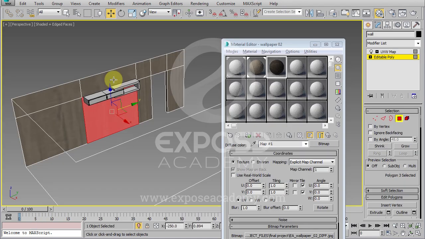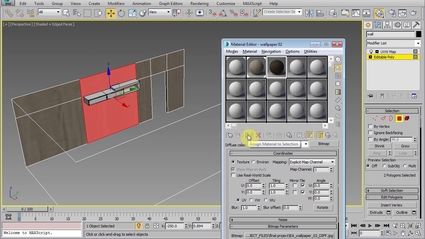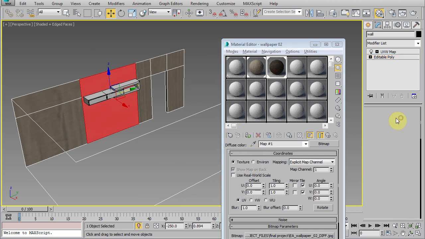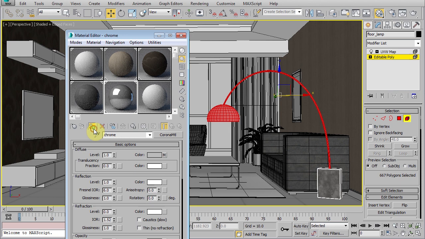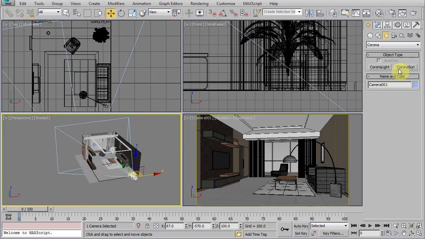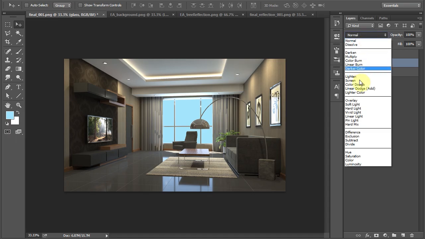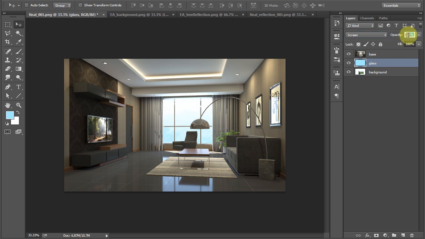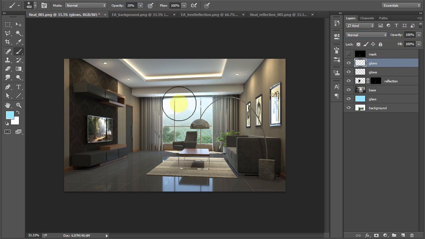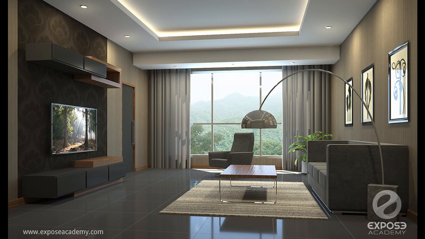We are going to create every material in our project scene one by one. Then we add lights into it. And after rendering, we're going to discuss some post-processing techniques with Photoshop. We're going to add background and some glow effects and other stuff in Photoshop. This is the image of our final project, and I will guarantee, inshallah, that you'll be able to create this image if you follow all of the lessons in this course step by step.